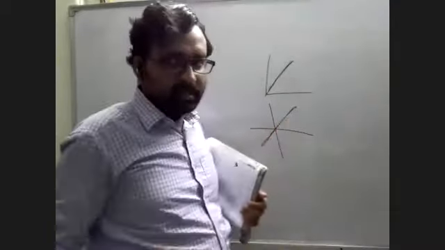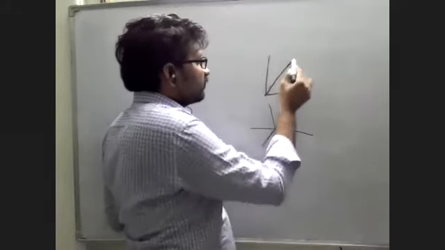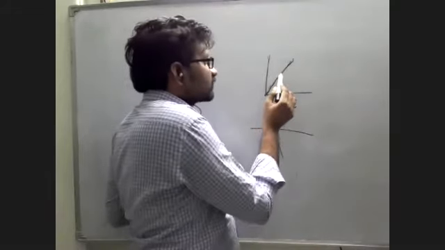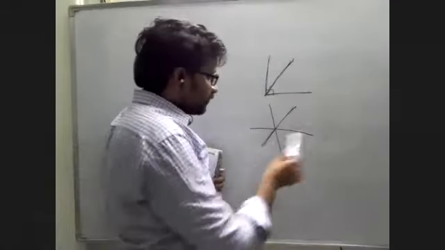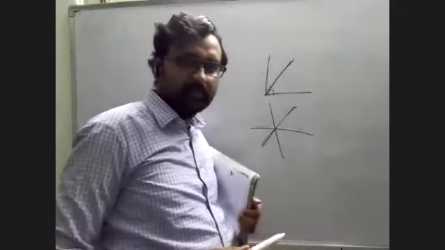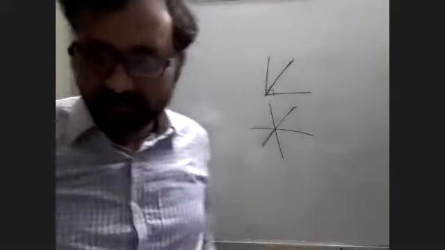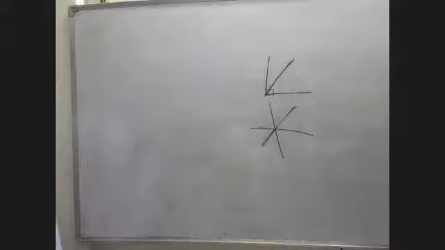More two or three types I will give you. Here, this pair of lines and this pair of lines are two pairs of lines. This is common and the remaining two are perpendicular. Here, this is one pair of lines and this is one pair of lines, but these two are not perpendicular. So like that, we have some conditions I will give you, and what are the conditions for each common line concept.